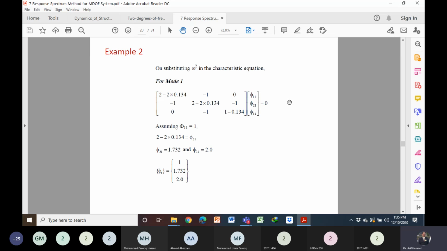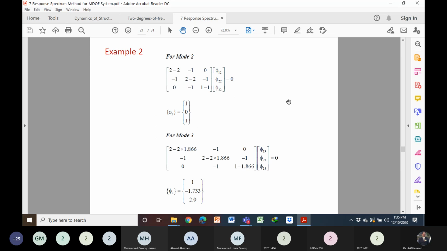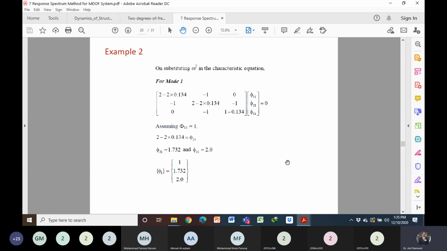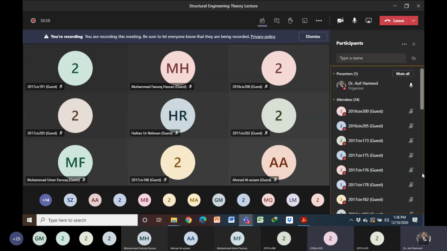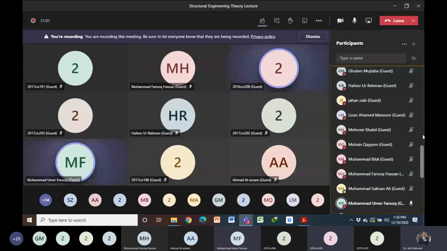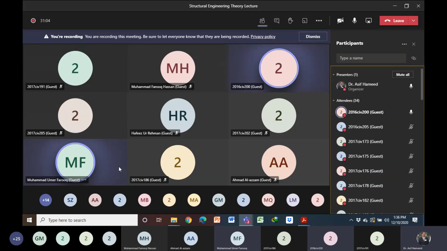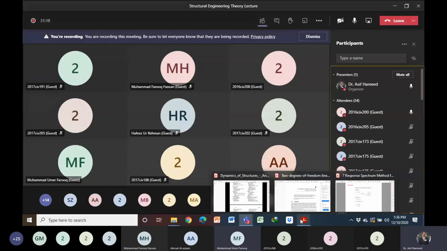कितने लोगों ने खुद किया हुआ है? सबने खुद किया है? कोई नहीं बोला. उमर 172. उमर है कि नहीं? उमर आर यू ऑनलाइन? सर उसके नेट का मसला होता है सर अक्सर. उसका नेट का इशू है. ये दूसरा उमर बात कह रहा है. उमर कितने आपकी क्लास में? 2 उमर. सेकंड उमर? सर उमर अभी ऑनलाइन है लेकिन उसकी आवाज नहीं आ रही सर. 5 उमर है. Anyhow,